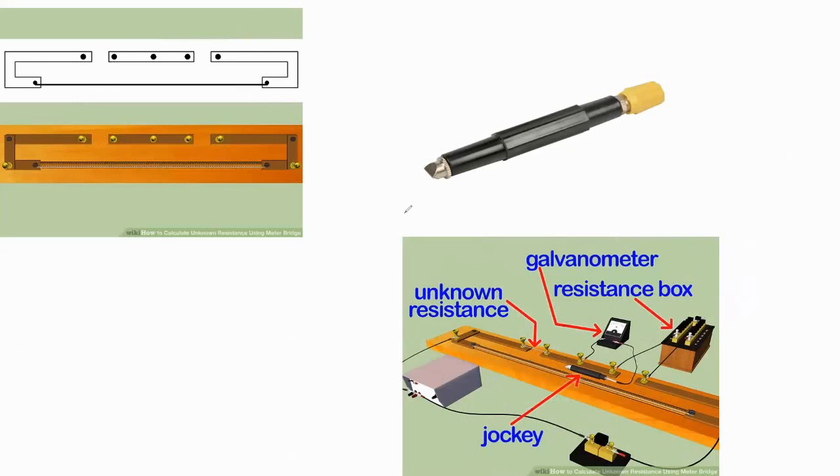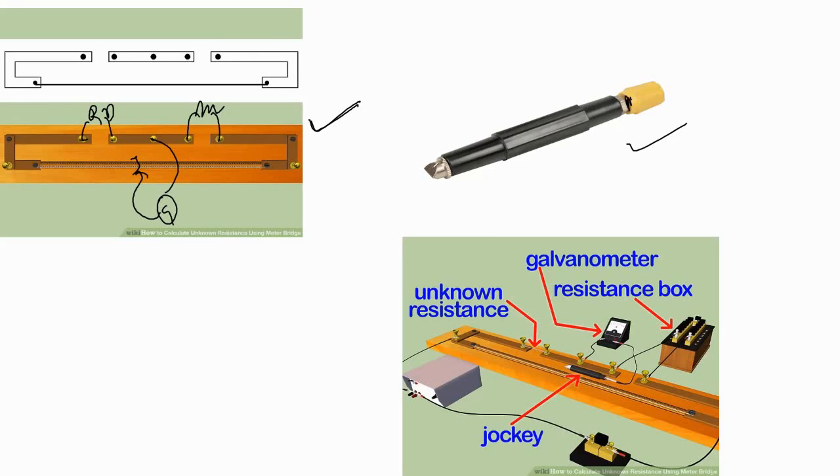You can see here the figure is representing how this apparatus looks in the lab. It is an apparatus of a wooden board sort of with metallic connections here. You can see the screws are connected here. Between these 2 screws you can connect the resistance box. Between these 2 screws you can connect your wire whose resistance is unknown. Between this screw you can connect the galvanometer, and here will be a jockey. Your jockey looks like this. Here you can make the connection of the wire. You can open this screw and make the connection.